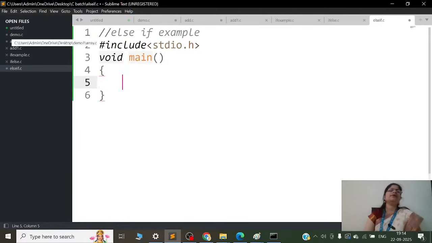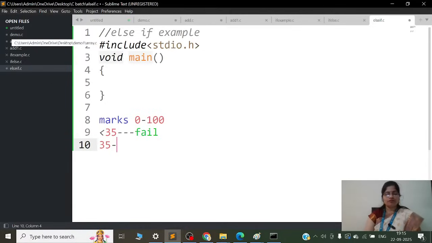this is a program where we are going to accept the marks from the user and user को या स्टूडेंट को जिस रेंज में मार्क्स मिले हैं उस हिसाब से आउटपुट आना चाहिए. मतलब जैसे कि मैं अभी एक्सप्लेन करती हूँ कि मुझे प्रोग्राम पहले क्या करना है. मार्क्स, अब मार्क्स का रेंज क्या होता है, लाइक 0 to 100 के रेंज में स्टूडेंट को मार्क्स मिल सकते हैं. तो अगर 35 से कम मार्क्स है, लेस देन 35, तो स्टूडेंट का रिजल्ट आना चाहिए फेल. 35 to 50 के रेंज में मार्क्स है तो रिजल्ट आना चाहिए पास क्लास.